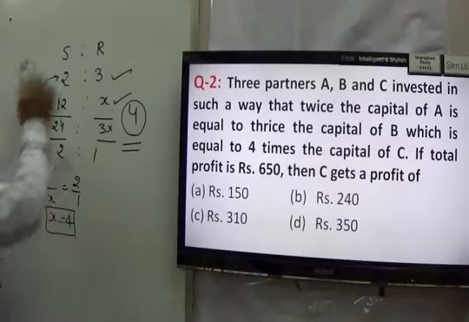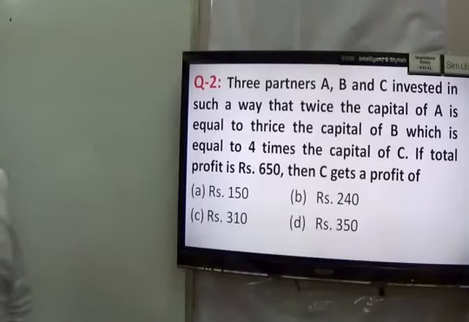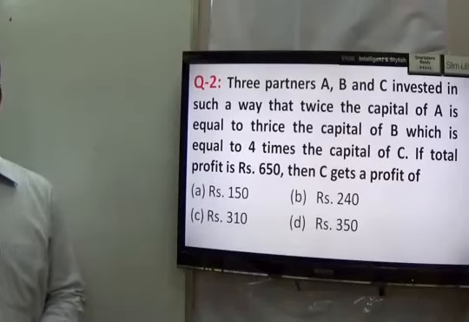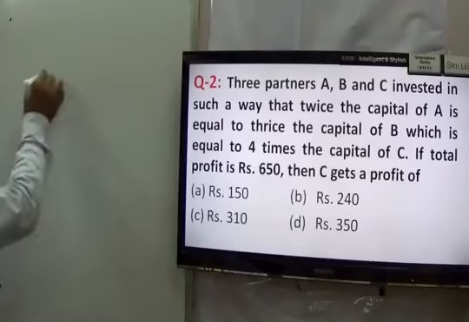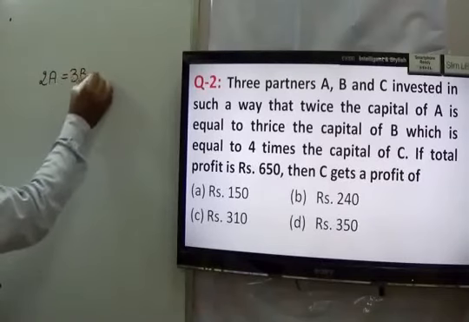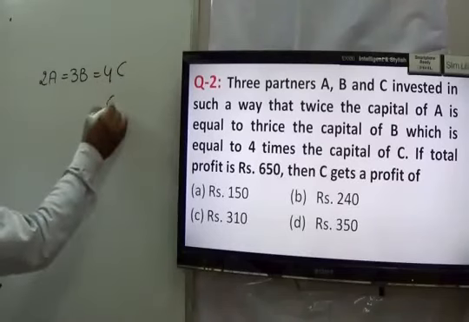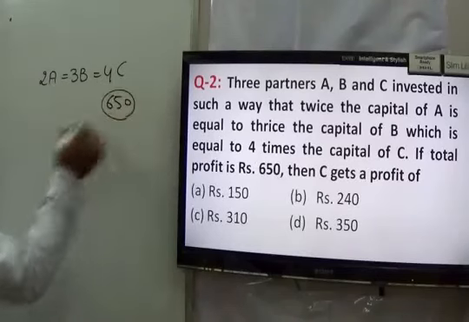Next, check out statement number 2. It talks about there are three partners A, B, C invested in such a way that twice the capital of A equals 3 times the capital of B equals 4 times the capital of C. If the total profit at the end of the year is rupees 650, we have to find the share